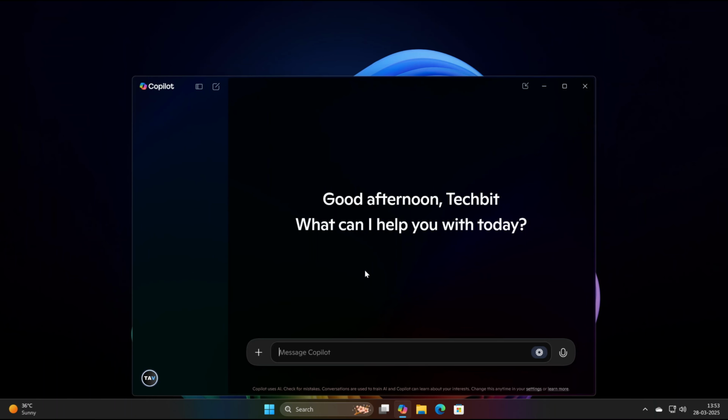If you are using the Copilot standalone app, you might be wondering how do you delete your old conversations? Well, in this quick guide, I will show you exactly how to clear your chat history, and I am using the latest version